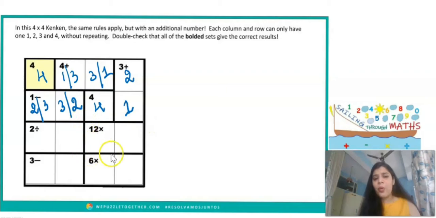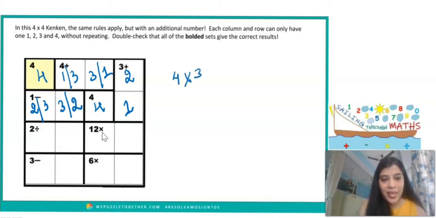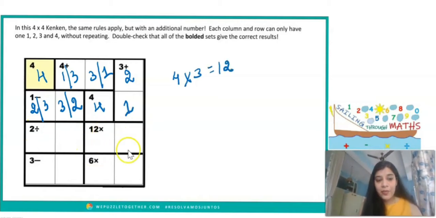Okay, now let's go on to the third row and this grid. Between 1 to 4, what are the two numbers whose multiplication is going to be equal to 12? Only two numbers between 1 to 4 are 4 and 3. So when 4 and 3 are multiplied, they are going to give their product as 12, right? Now see, can 4 come in this block? You will clearly see that 4 cannot come in this block. Why? Because 4 is already there in the third column. So if 4 is already present in the third column, I cannot repeat 4 here again in the third column.